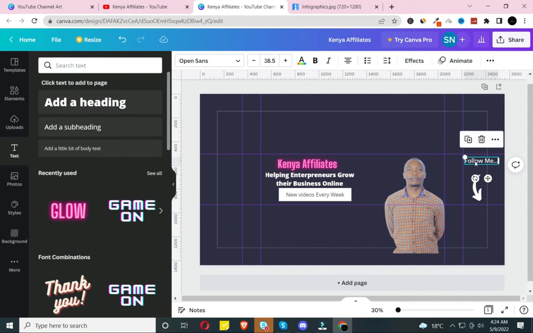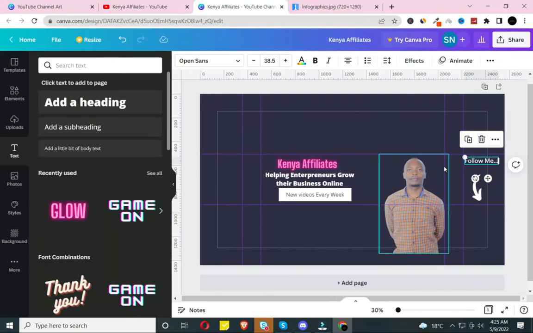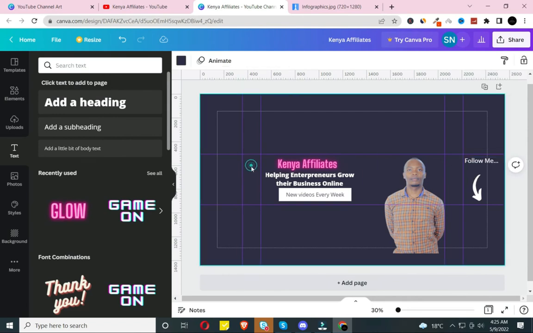So remember, this part will only be seen on desktop, as it cannot be seen on tablets. Remember, tablets will see this part and this part. Then follow me, and then you have